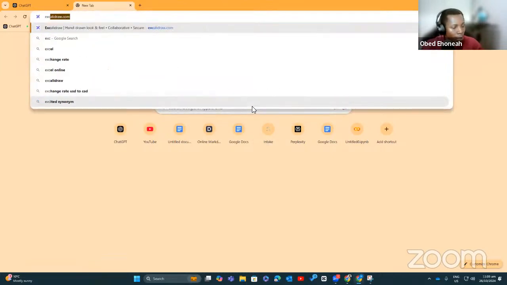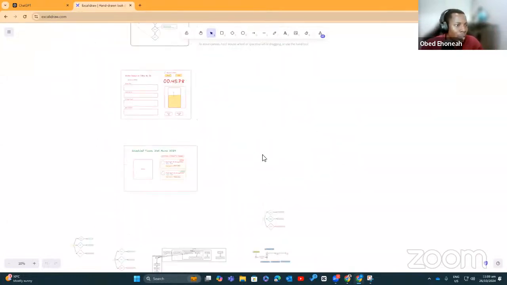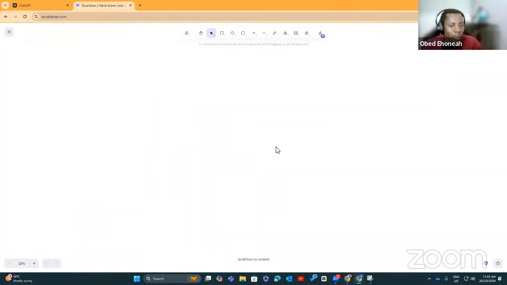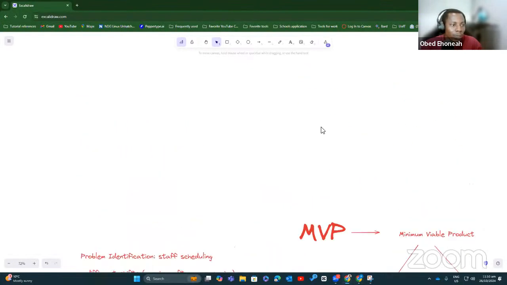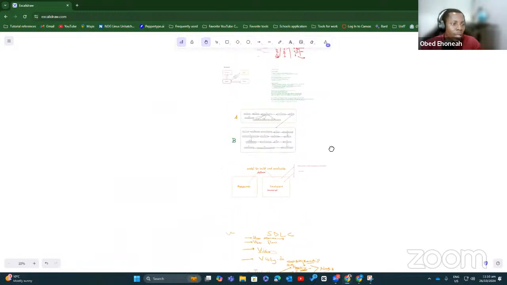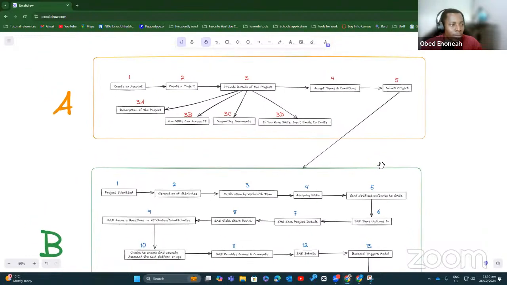So maybe I can just show you an example workflow. Why did I do that? Is it this Scarlet Draw that I used? I have so many accounts now, I don't even know which is which. Okay, yeah. This wasn't yesterday's one, but this is one of the projects that we are working on.